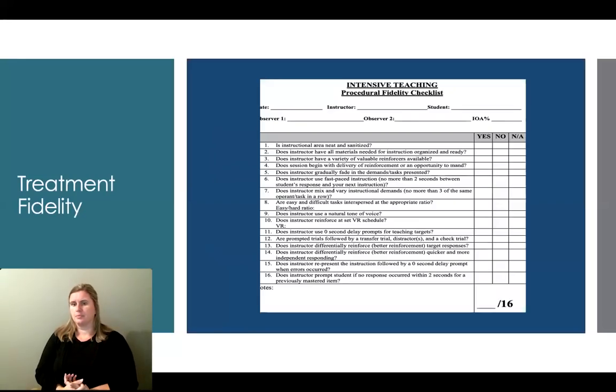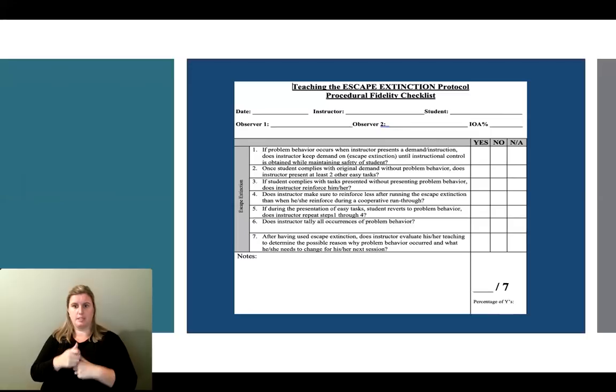So for example, this is an example of a treatment or procedural fidelity checklist. Usually what happens when assessing treatment fidelity is, as you could see in the videos, the trainer or the teacher or the person in a training role would observe implementation, and as implementation or instructional behavior occurs, this form is completed. Then towards the end, it allows for feedback to be delivered based on specific implementation.